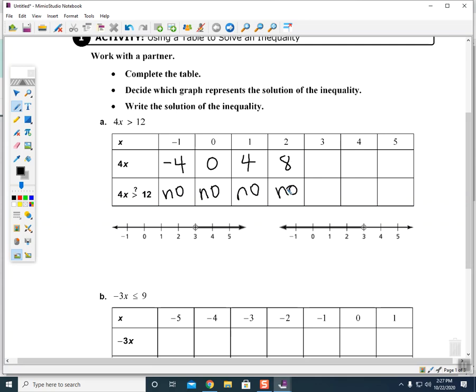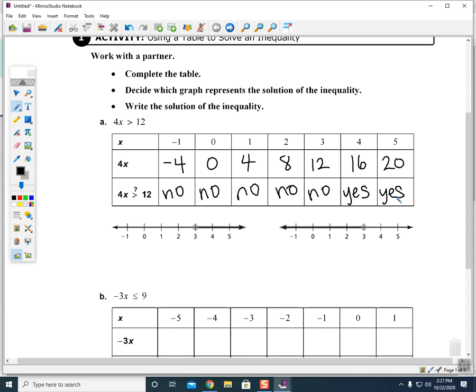3 times 4 is 12. Is 12 greater than 12? My answer for this one is still no, because 12 equals 12, right? But it's not greater than. 4 times 4 is 16. 16 is greater than 12. I've got my first yes. 4 times 5 is 20. Also greater than 12. So then what I need to do is look at this and then ask myself, well,